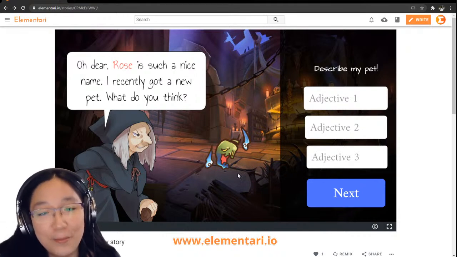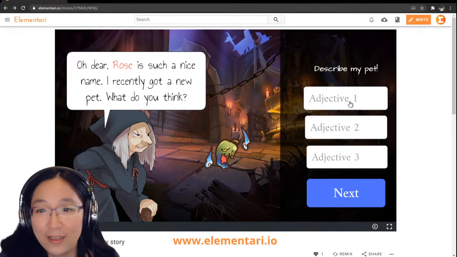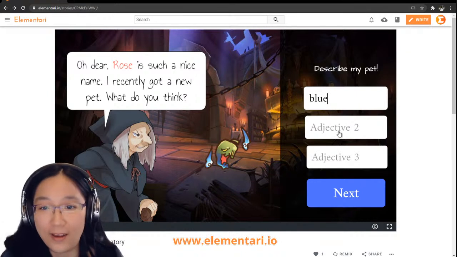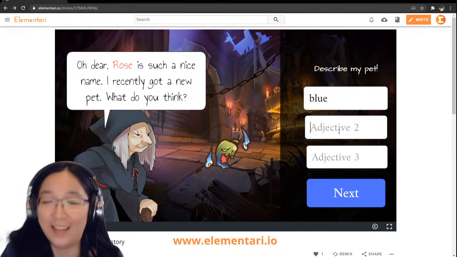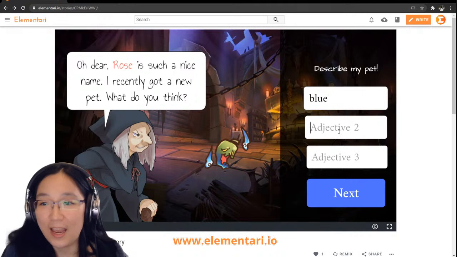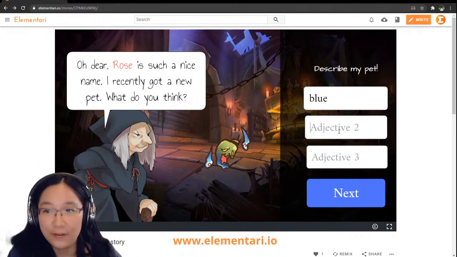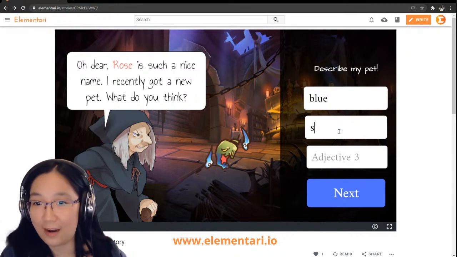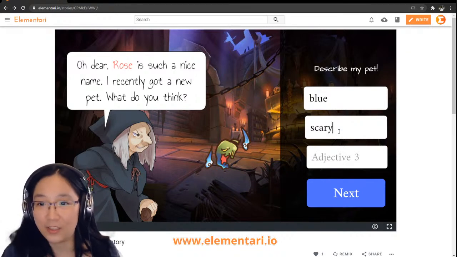And in our case, her pet is this weird thing. Okay, so we have blue as an adjective. Okay, so it's blue, green, and yellow. Okay, blue. Do we have another adjective? Someone else has an adjective. Scary. Scary is a good adjective.